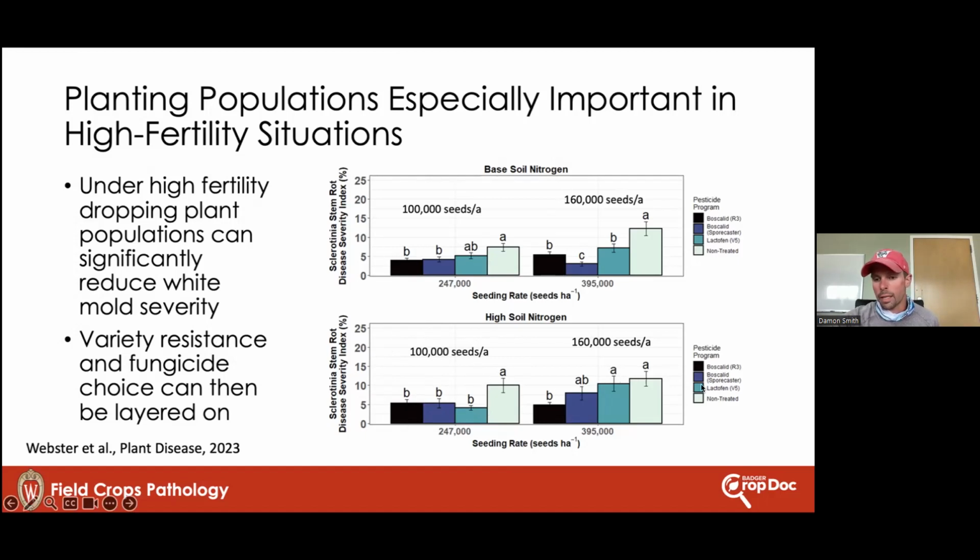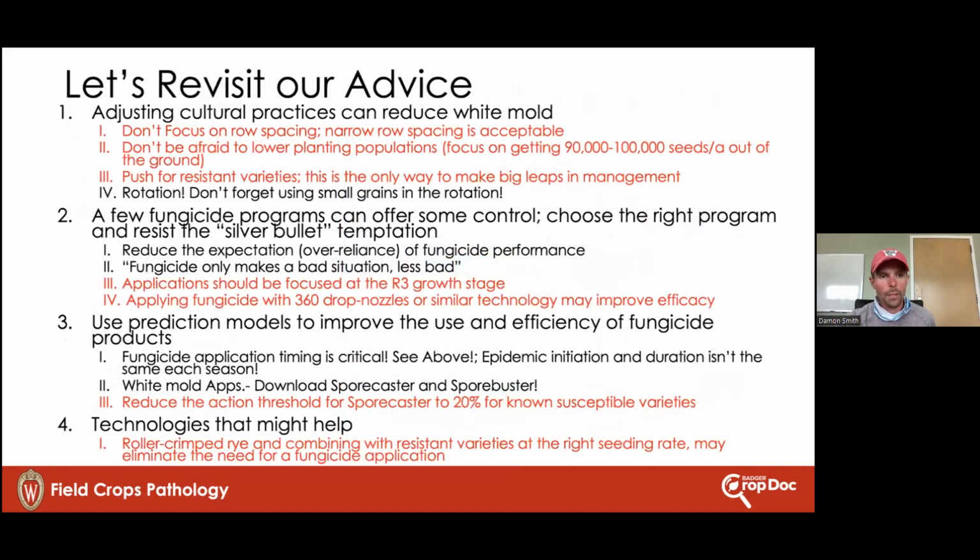And really the pesticide treatments that we put on top of that really don't separate from each other. So we do a good job of lowering that base down, and then we can choose any fungicide that has some efficacy and further reduce that some more. And really those statistically don't shake out. In the heavier seeding rates, yes, we start to see some separation. You can see quite a bit higher, especially in the high soil nitrogen, the disease index scores are quite a bit higher.